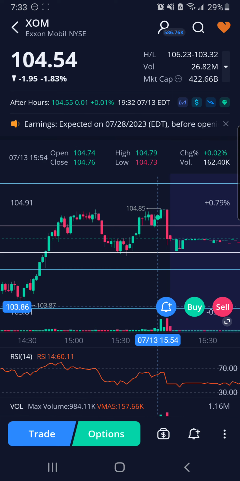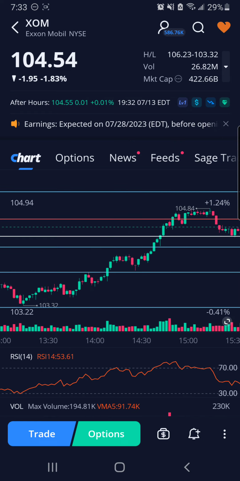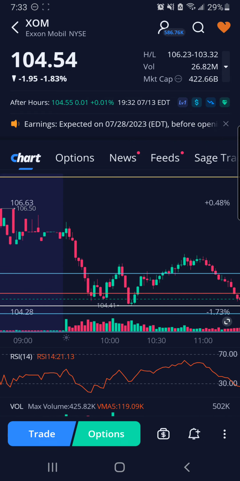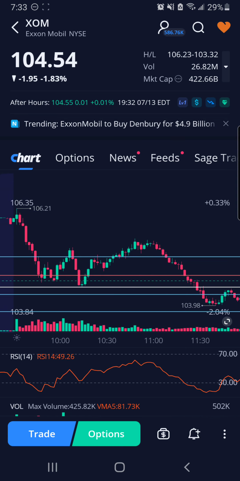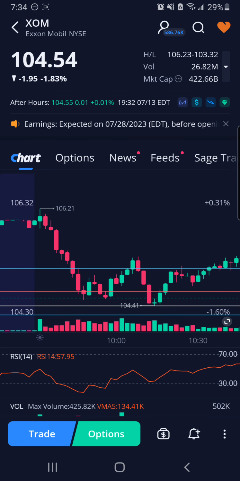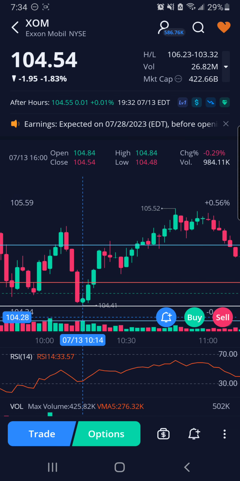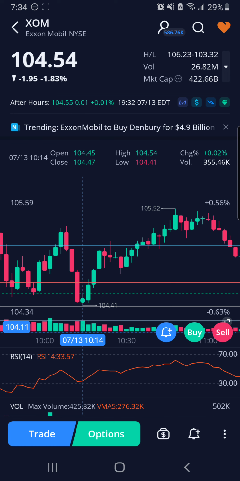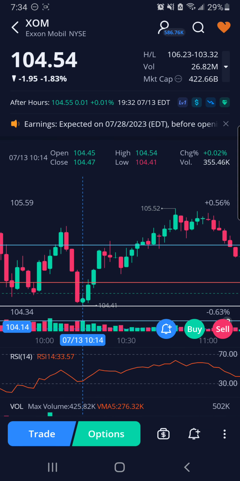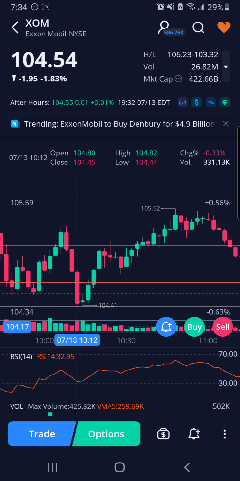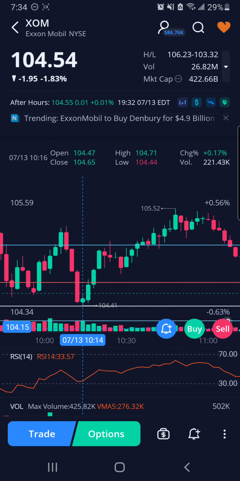So it's all about support and resistance. You want to buy at support, you want to try and sell at resistance. So this morning when I texted you about ExxonMobil, we were at this daily support. See, it came all the way down to it, it touched it, turned green, and that was my sign to get into it. Whenever I see 3 candles like this, especially a big red one, followed by a small green,